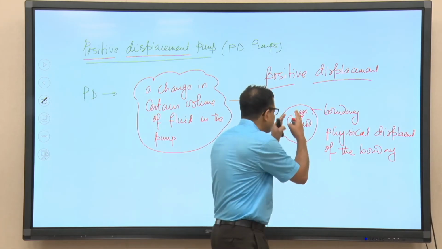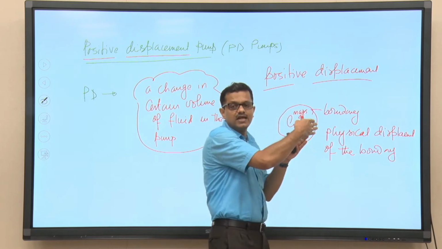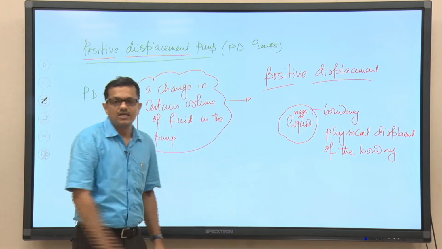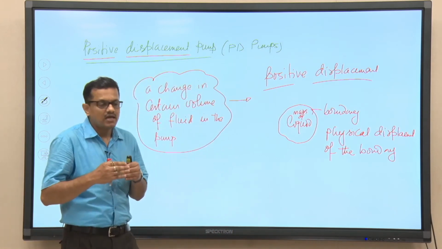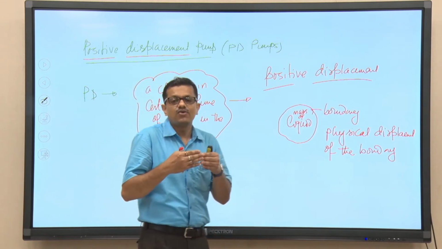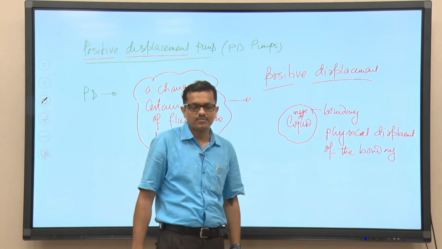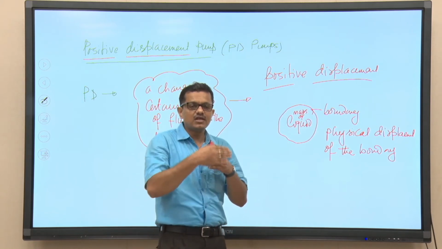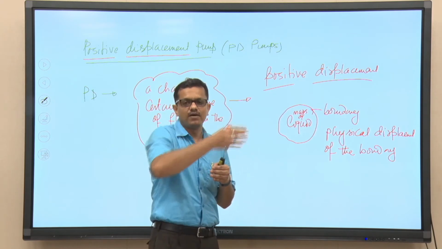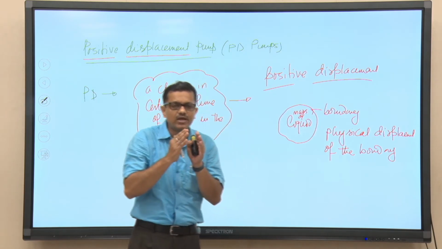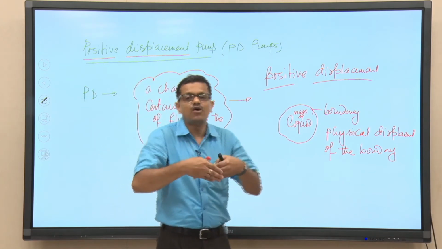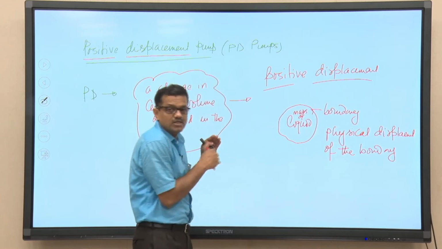So, when this amount of liquid is getting displaced from the pump, there will not be any inflow to the pump, which is completely different from what we have seen in the case of rotodynamic pumps. In rotodynamic pumps, there is continuous inflow to the pump impeller and continuous outflow from the pump. So, a certain amount of liquid is coming into the pump and a certain amount of liquid is going out from the pump, but this is not the case for the positive displacement pump.